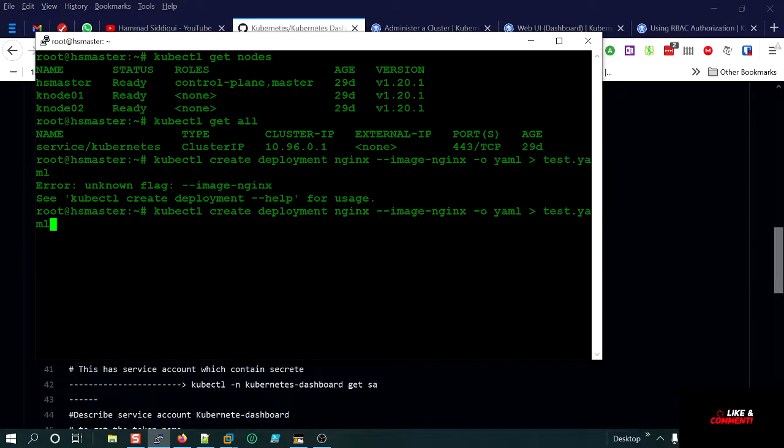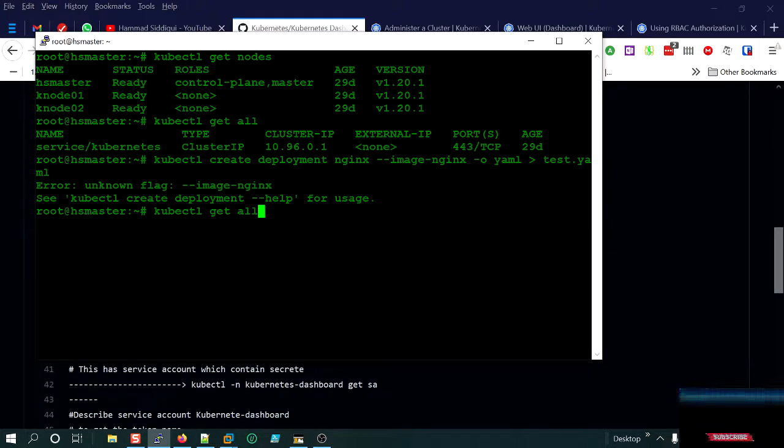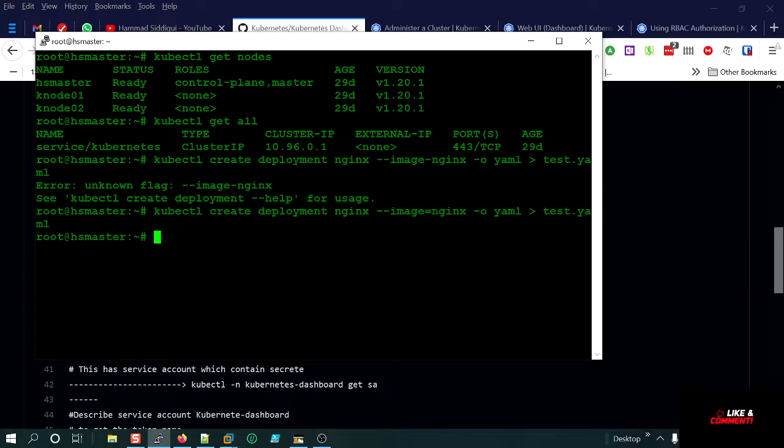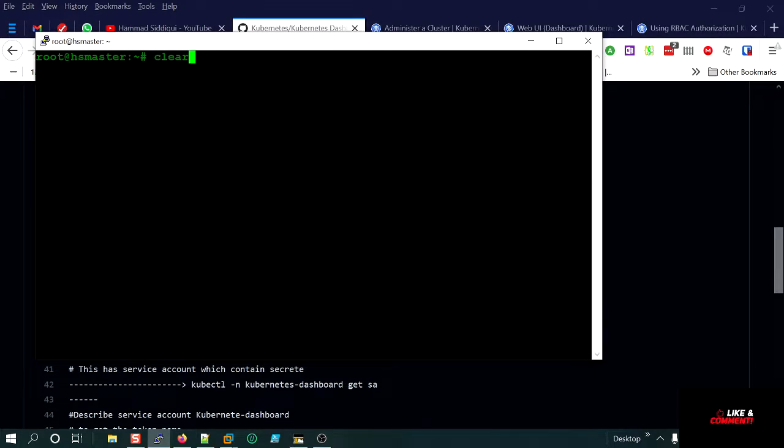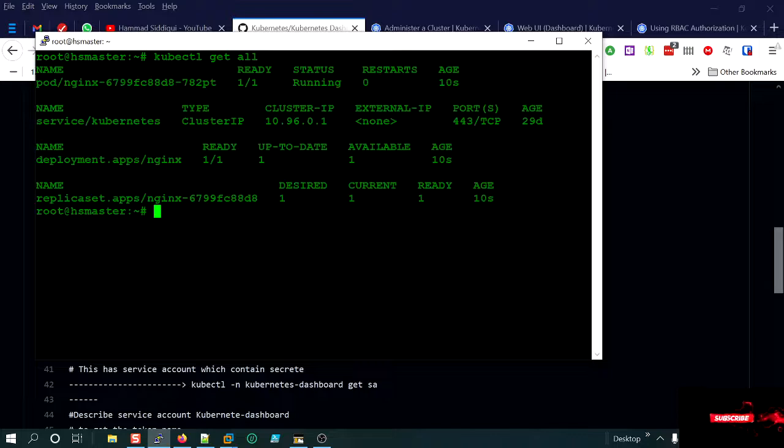Kubectl create deployment nginx image equal to, yeah, I think I made a mistake here. Let's do this here and hit enter, and here you go, we got a deployment named nginx. You can see that we got a deployment going on, named nginx, it is ready and it's working, and then there's a replica set